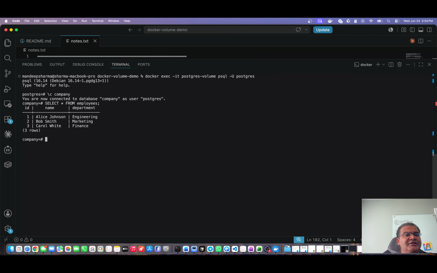So from here, the next steps are Docker Compose, which lets you define volumes in a YAML file alongside your services, so you never forget to mount them. And then volume backups and